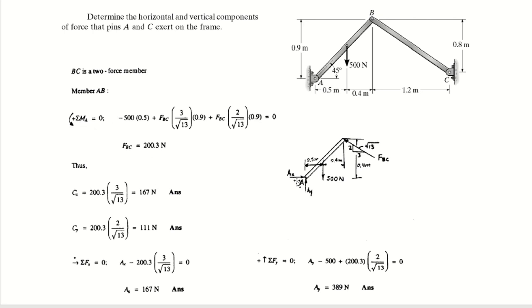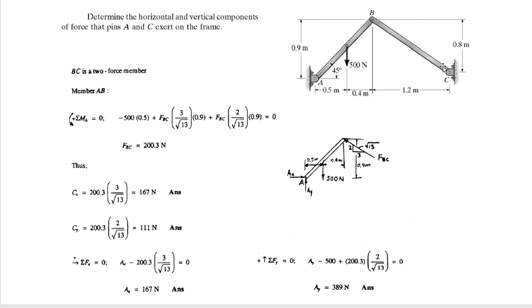Summation of moment about point A is equal to 0, then AX and AY will become irrelevant, right? And you are left with this applied load, which is 500 Newton multiplied by 0.5, which is the perpendicular distance, right? The direction is clockwise, so they are taking it negative because counterclockwise is positive, plus FBC. Now the force in BC, which is this,